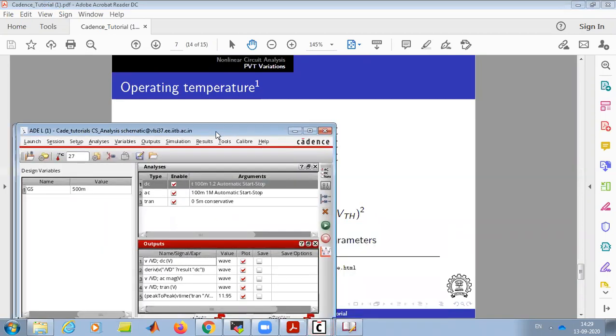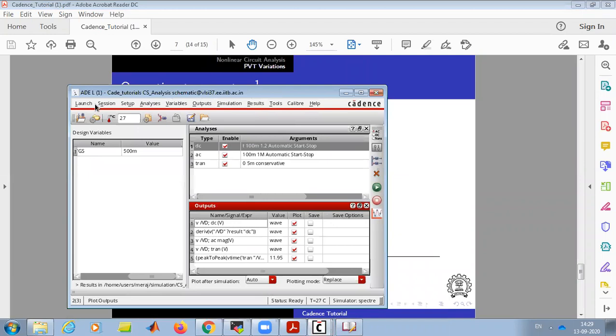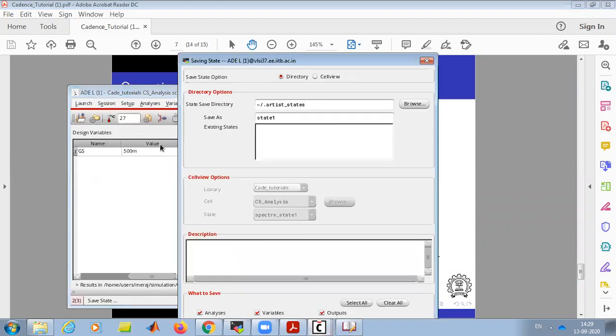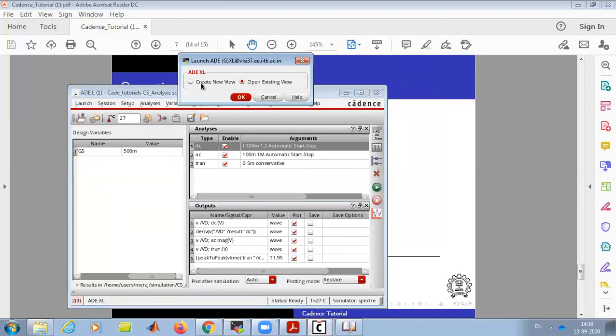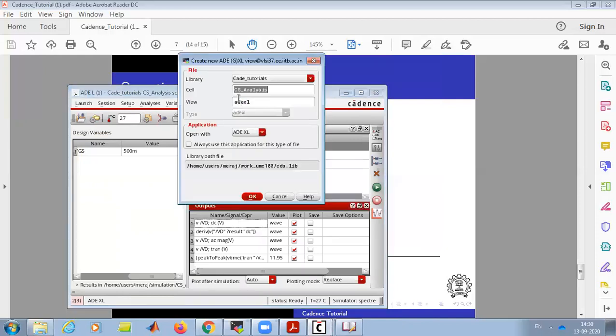For that, the first thing we should do is go to session and save the state, because we need to simulate the same circuit and setup many times. I will give the name CS. Now we'll go and launch ADE XL, create new.